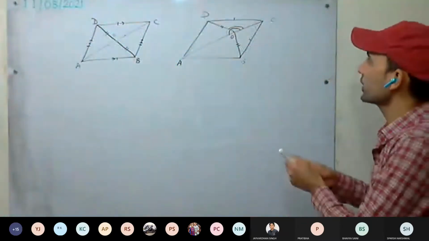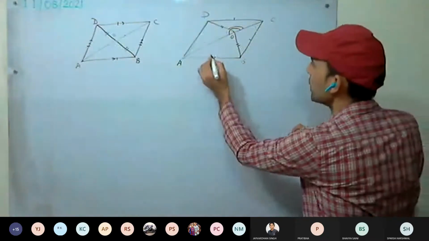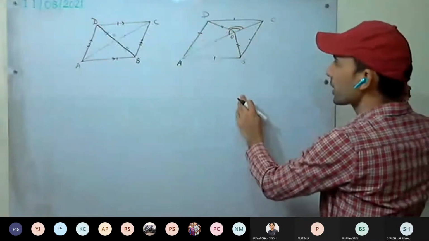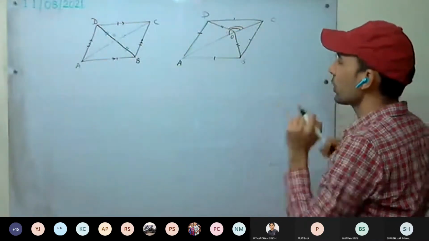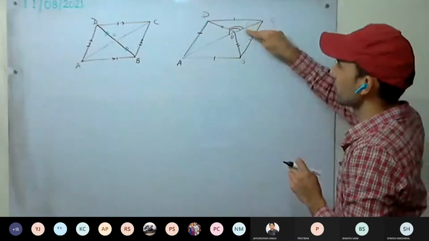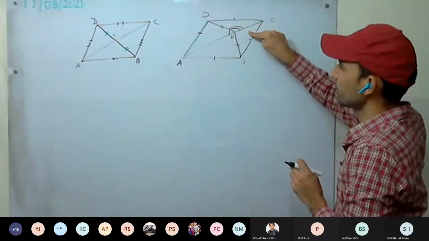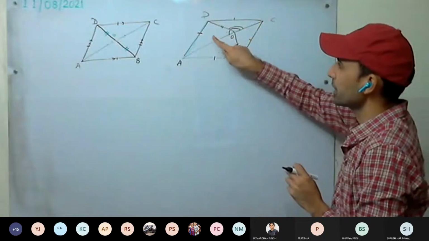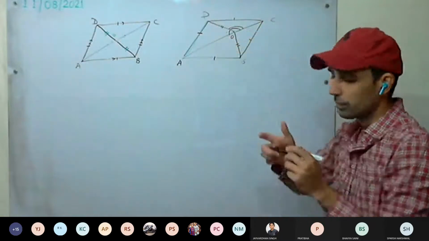Okay, now prove it. How are you going to prove? These all things are given, and use the properties of a rhombus. Okay, so which two triangles do you have to take first? These two triangles you have to take, and then we can take these two triangles.